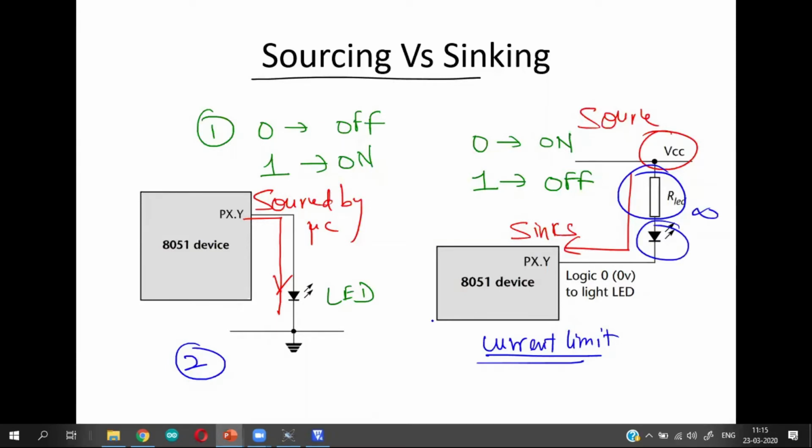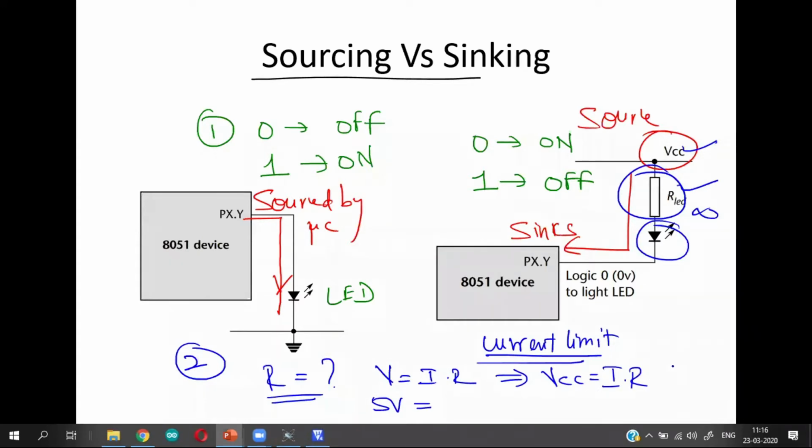So I limit the current that is flowing through the circuit by putting a current limiting resistor, and you have to obviously calculate what is the value of resistor for this simple circuit. You know, V is equal to I into R. V is the power supply voltage, which is 5 volt. And the key value for this particular circuit is power supply voltage is equal to, this is the power supply voltage, the drop across this is I times R plus the voltage across the diode, VD.